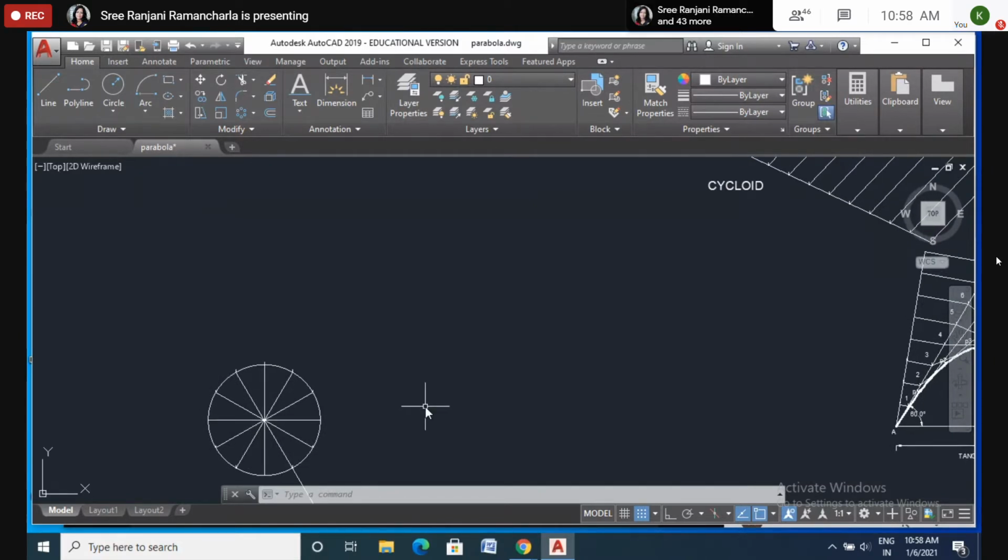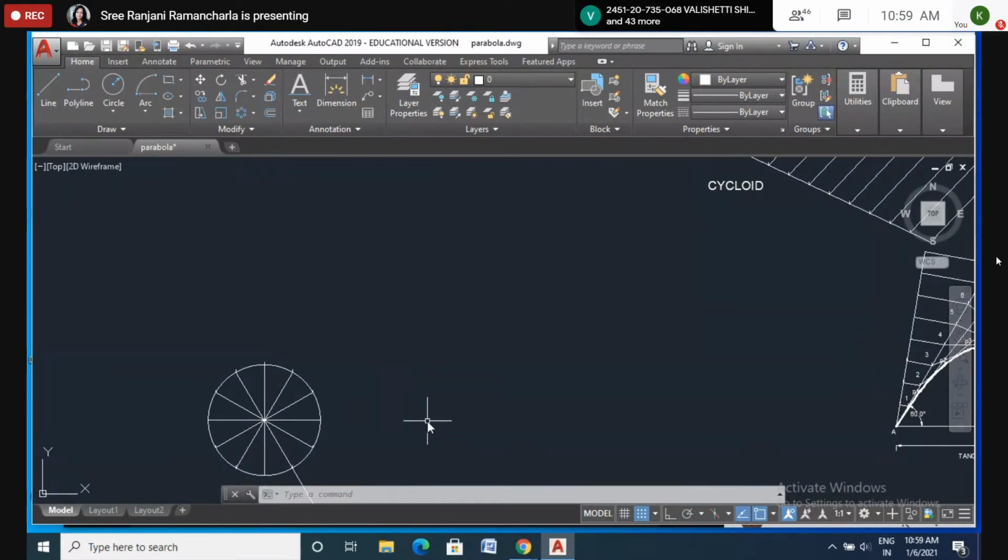A circle of 50 mm diameter rolls on the circumference of another circle of 150 mm diameter, outside it. Trace the locus of a point on the circumference of the rolling circle for one complete revolution. Draw the tangent and normal to the curve at a point 85 mm from the center of the directing circle. So that is called epicycloid.